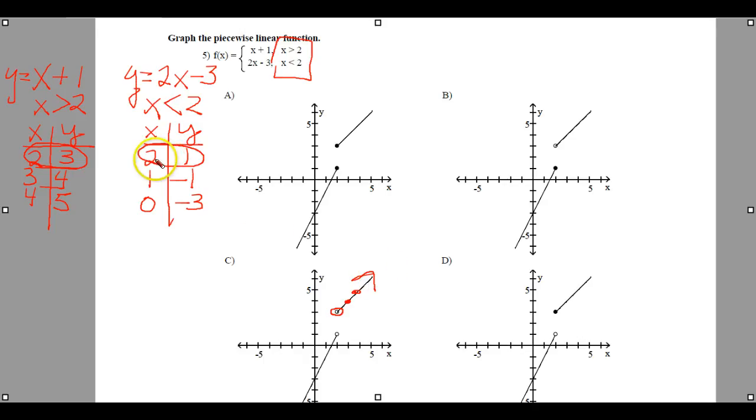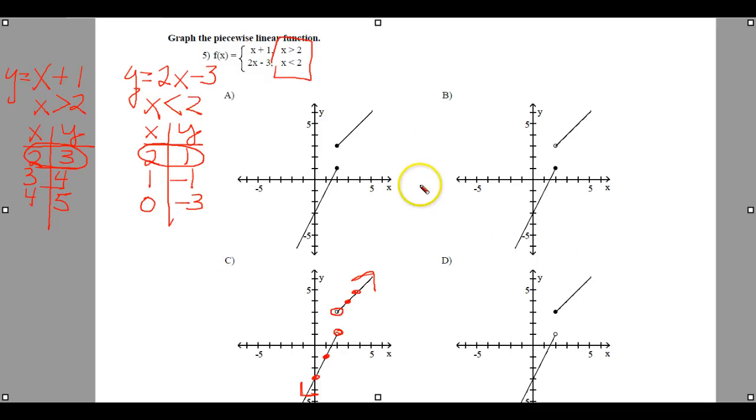Now for this one, it's 2, 1. So we go over 2, up 1, and again it's a circle. Then 1, negative 1, right there. And then 0, negative 3, right there. So that's this line. So the graph is C, and when we look at it, we see lots of similar